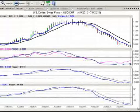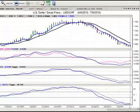So we have to be careful about only trading off an overbought or oversold signal, because the market has on numerous occasions completely ignored overbought and oversold signals. So we're looking for an actual